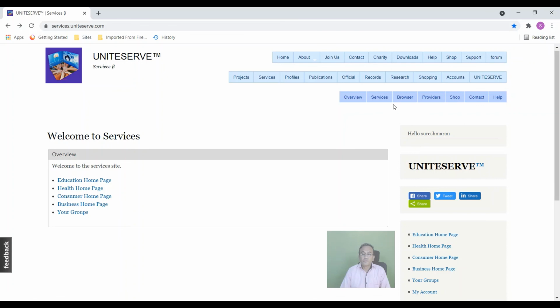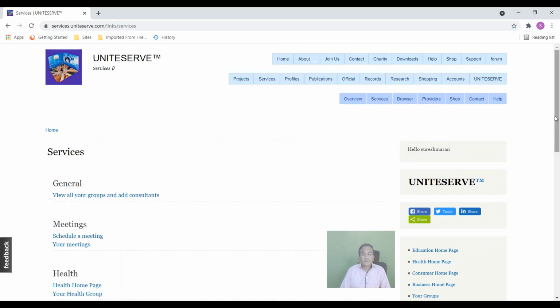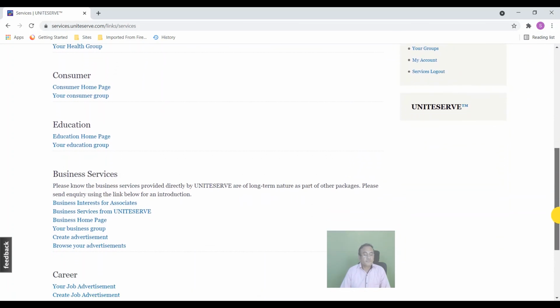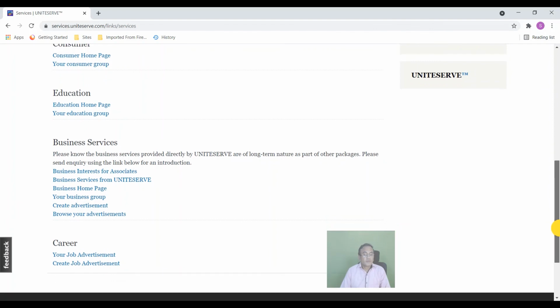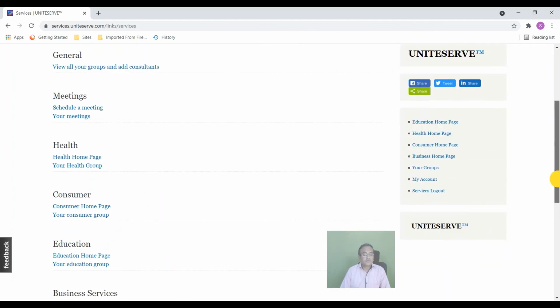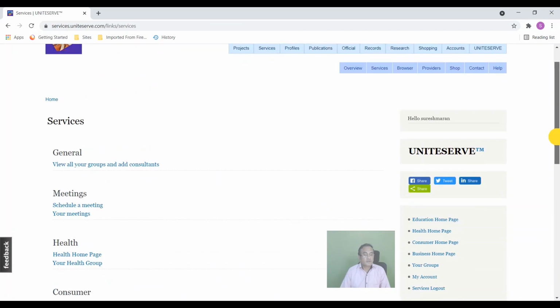Okay. Now here, if you click on services, what do you have? So this is basically various other items. This will be modified in future. I think this page will be modified because some of them